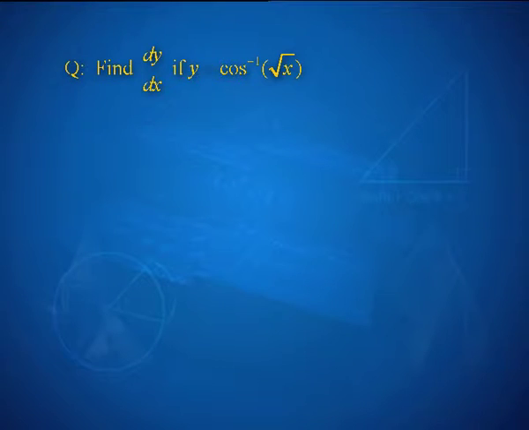Start with y equal to sin inverse x and see what x is, and then work out the proof from there. We will focus on the applications. So, if I have to find the derivative of y, where y is cos inverse of root x with respect to x, what would one do?